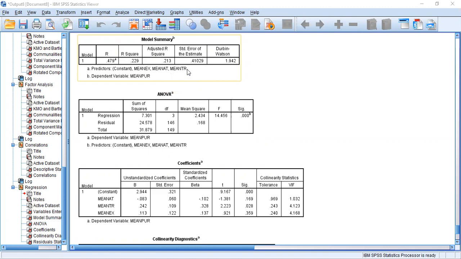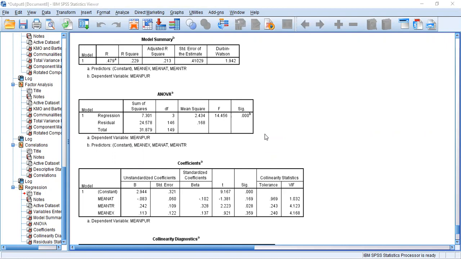Now in this case, it's only 21.3%. Actually, this is not a good model because at least your adjusted R-square value should be greater than 0.3. Anyhow, the model is significant because in ANOVA, the SIG value is less than 0.05.